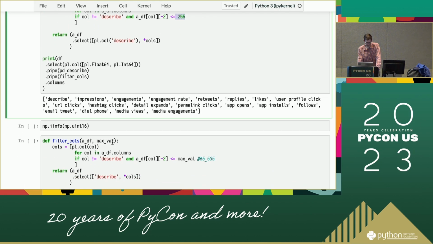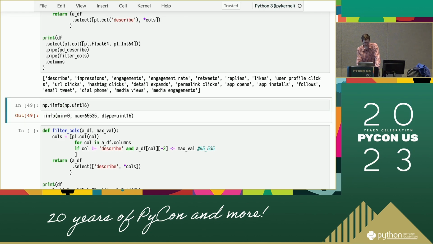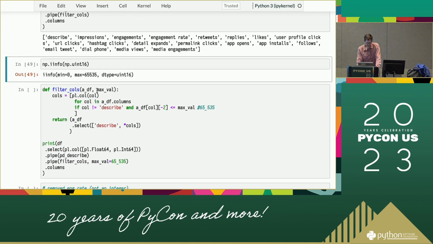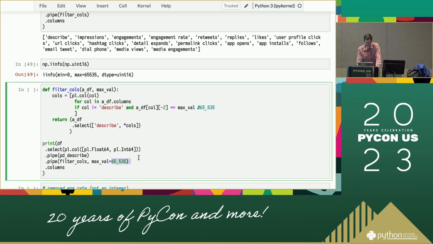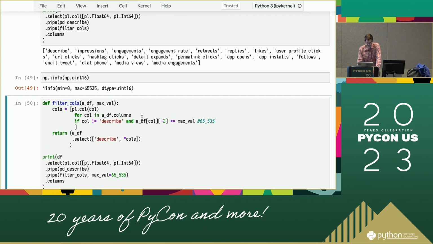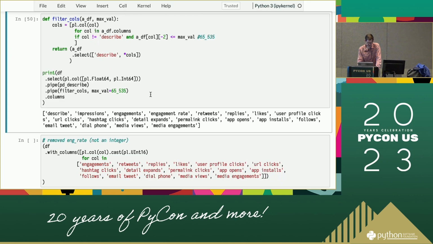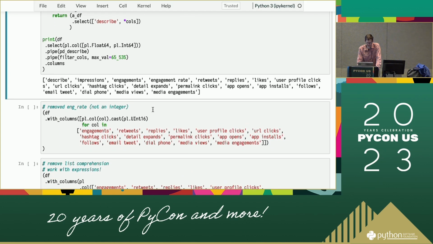And so then I could maybe take this and say like, okay, well let's look at like maybe an unsigned 16-bit integer, and that goes up to 65,000. So maybe let's see if there are columns that we can make unsigned 16-bit integers there. And so these are the ones that could be unsigned 16-bit, but if you look at these are the same as these ones up here that were less than 255. So you could do like some set operations there, but basically